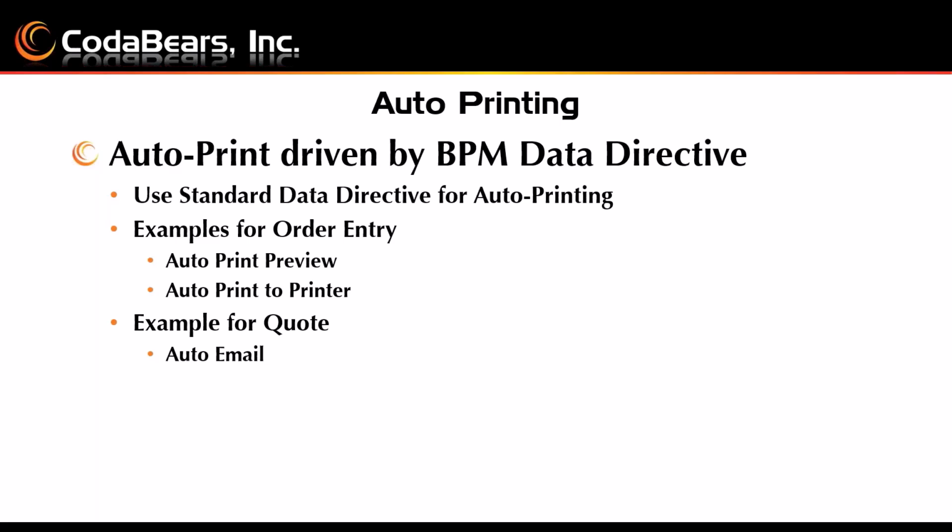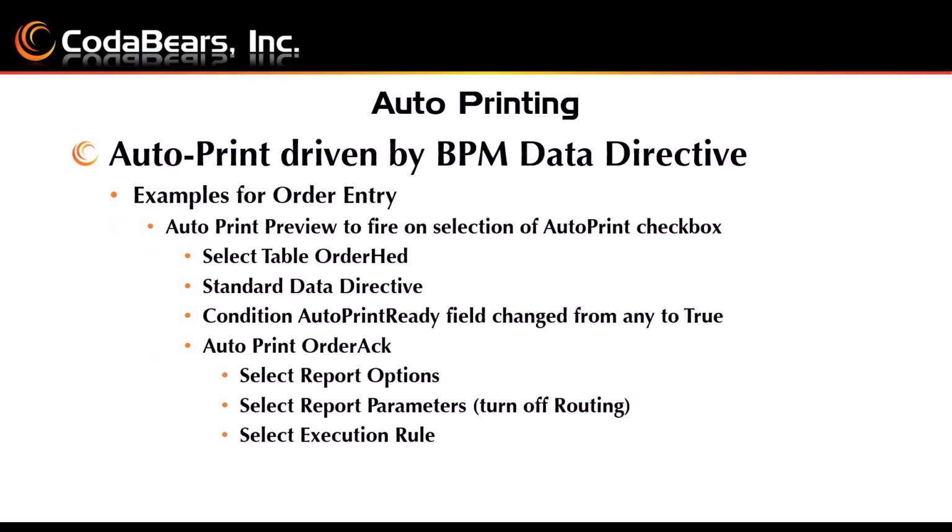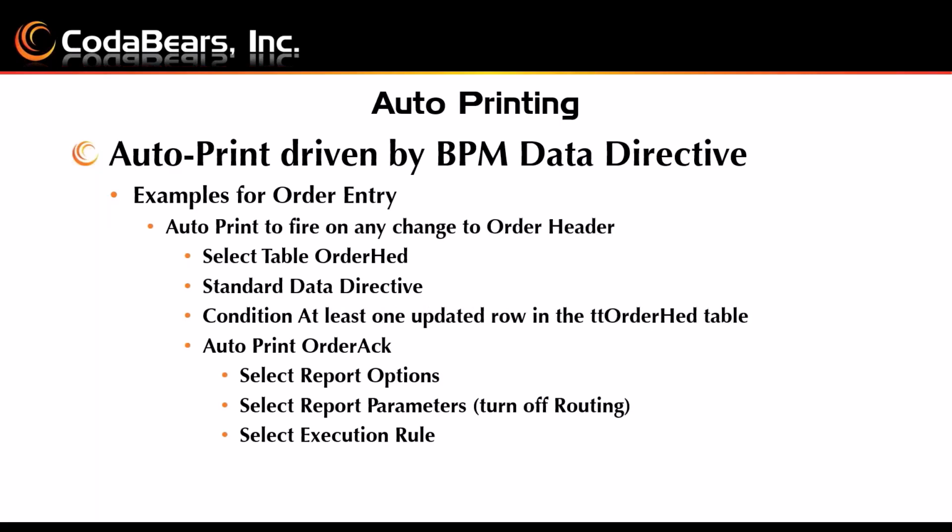I was going to do 3 examples. We'll see how time goes. I was going to do an auto print preview, an auto print to printer, and an email. So I'll at least do the preview and the auto email. I was going to do it on order entry to print the sales order acknowledgement. And then on the order header, do the order acknowledgement and print it actually to a printer,